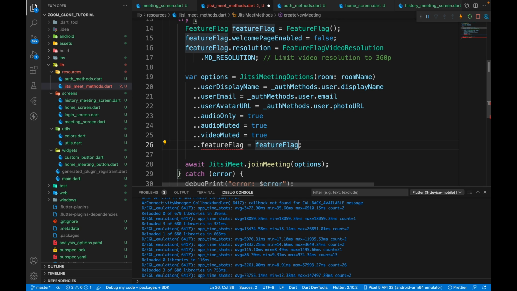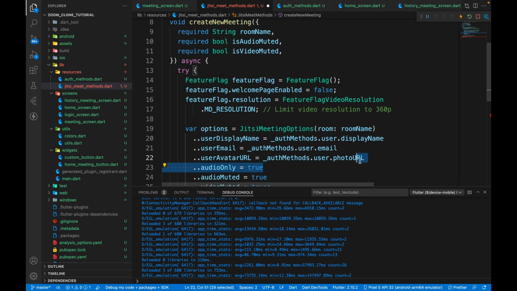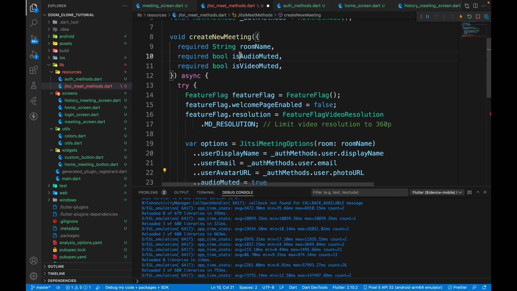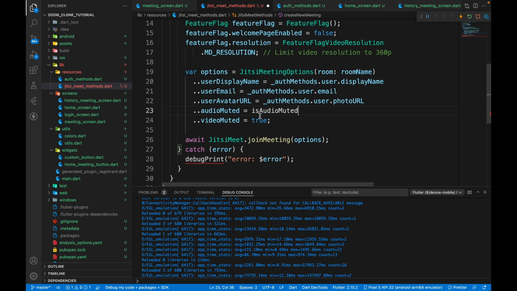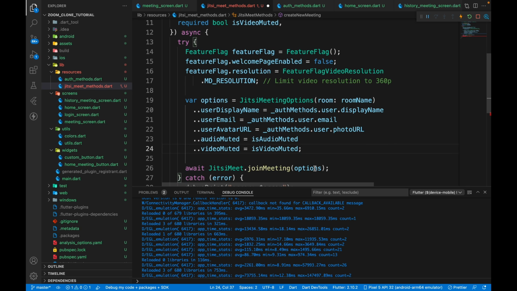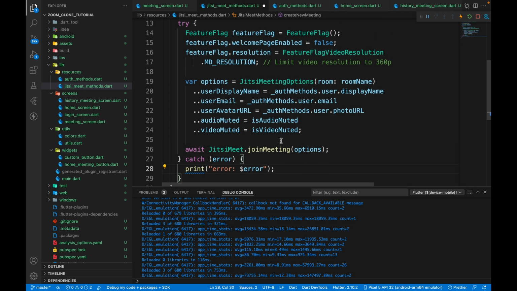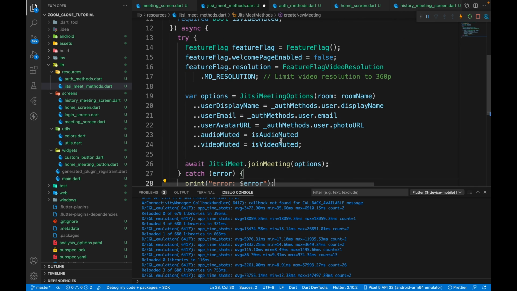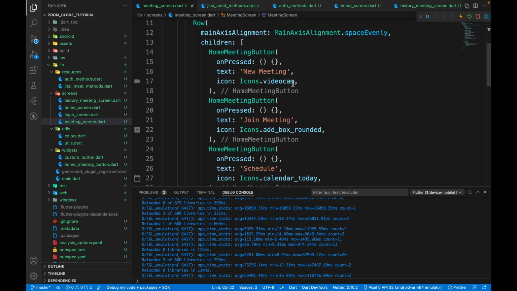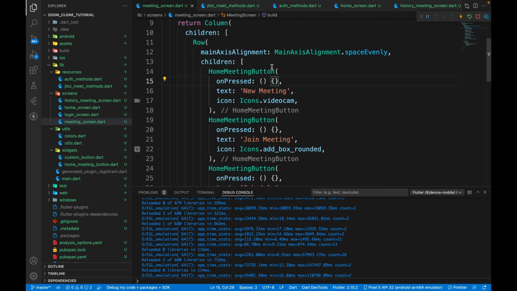Now we need this much, so let's have audio only removed, because Zoom doesn't have that, is audio muted, and is video muted. Alright, hope I'm not forgetting anything. And now finally we just need to print our errors, right? Cool. So now if we go back to the meeting screen,